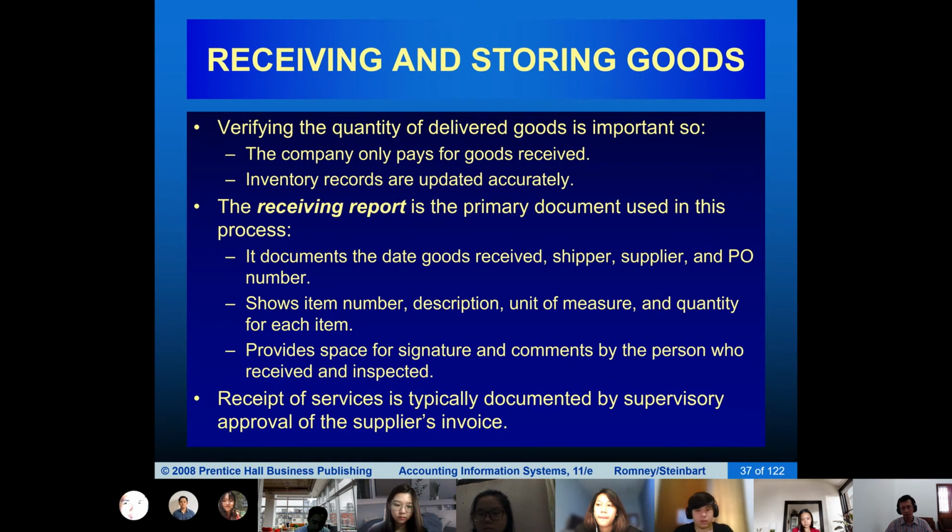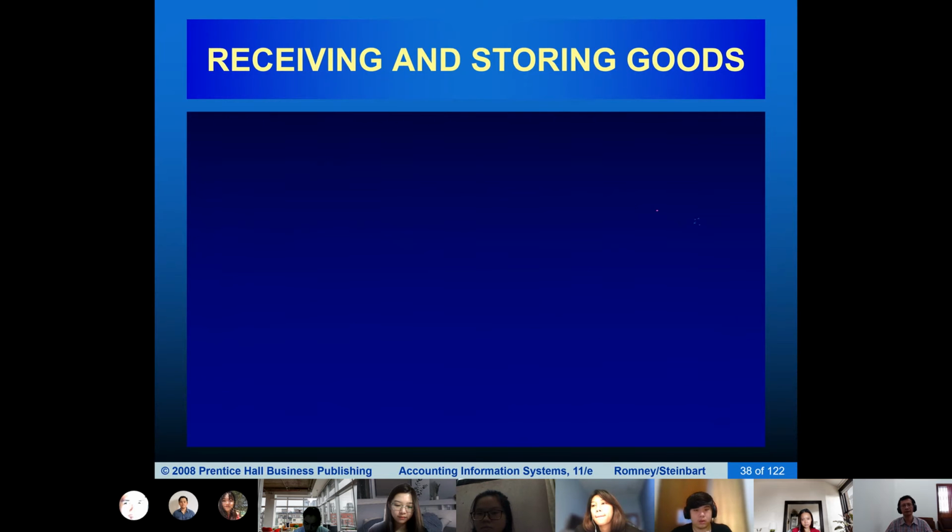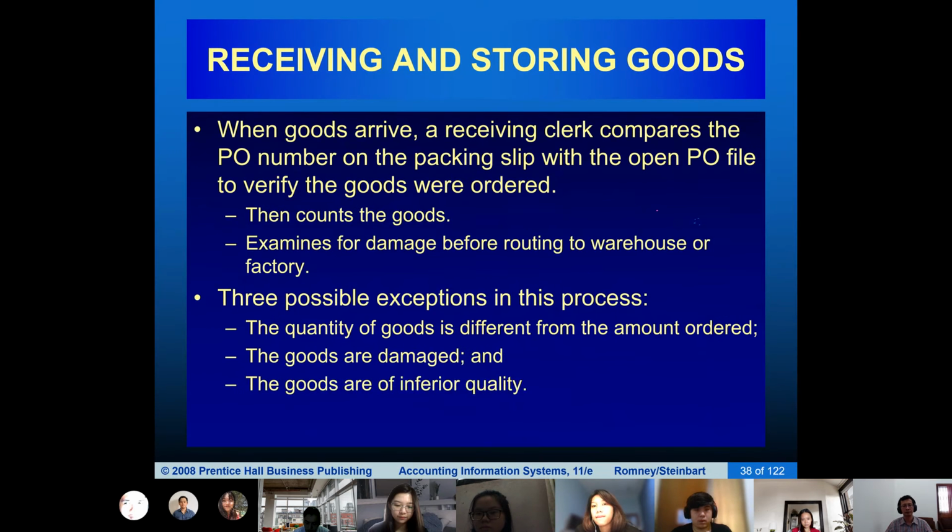Once the receiving department finishes, they will create a receiving report. Okay, and the receiving report will be the basis for payment later. What happens if there is a discrepancy or difference between the order and the product received? Accept it and then let the buyers or purchasing agent or procurement know.